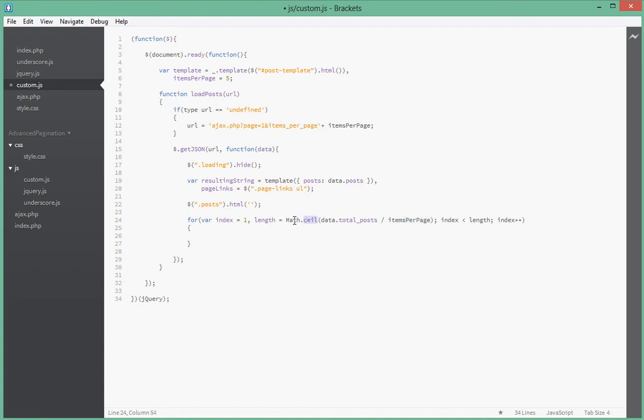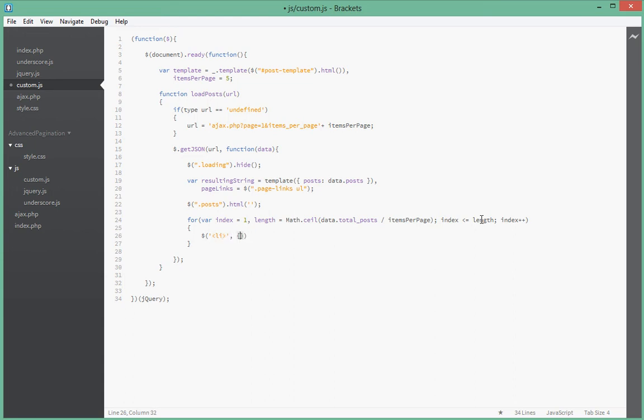So the ceil here is needed because if totalPost doesn't exactly divide by items per page to get a single whole number, for example, if we have 23 and we have items per page of 5, 23 divided by 5 is 4.6. So when there is a decimal place after the whole number, we want to just round it up. That is, even if it's not up to 0.5, just force it and round it up. So in that case it will give us 5 links. Okay, and we want to loop from 1 to 5. So here, instead of less than, we're going to say less than or equal to. So in this case, if we have 5, we want to loop from 1 to 5 to create 5 links. Okay, right, so each time we loop, we want to create an li tag,